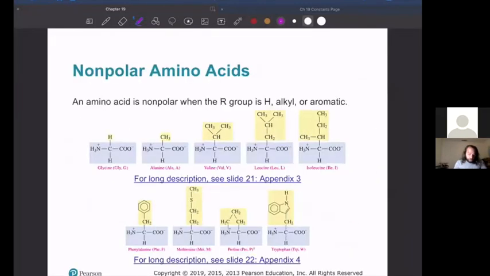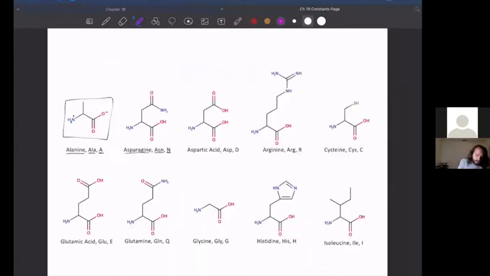These are actually grouped based on those properties that we were just talking about, the non-polar nature, et cetera, et cetera. One of the things that I want you guys to do is to go through this constants page, which is what you're going to be given for an exam, and to make sure that you can categorize them based on their functional group, because this is what you're going to be given for an exam. That's a really important skill to have. This is in alphabetical order, though. It's not going to be grouped based on the properties. So you want to make sure that you can look at those functional groups and tell which category they're supposed to go into.